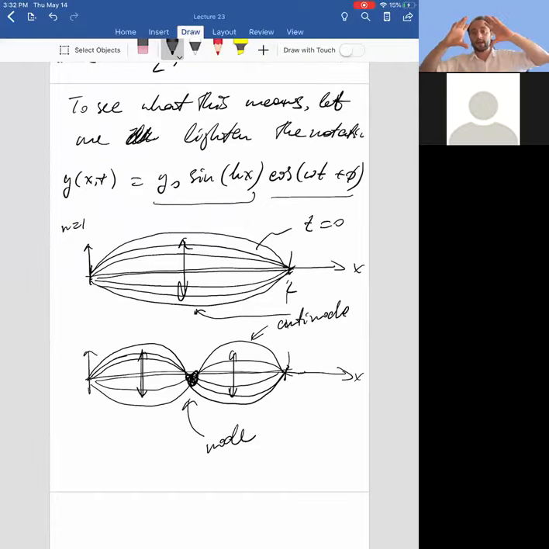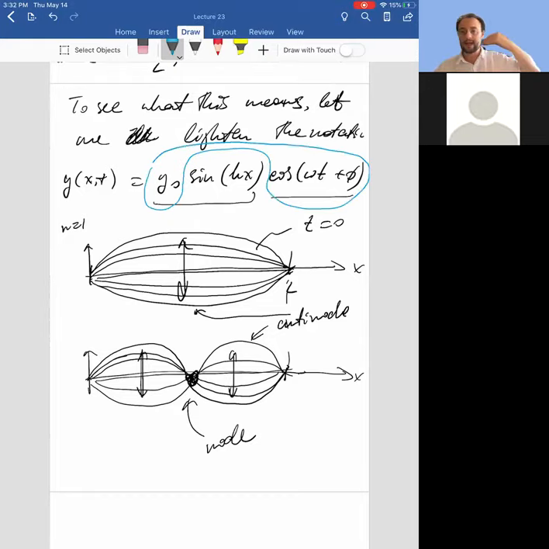So the shape of the mode stays the same as advertised, but you can think of this as a time-dependent amplitude. Okay, so time-dependent amplitude. So there will be a moment in time when the whole thing is just collapsed, and then it will breathe again, and then it collapses and breathes again. So that's what it is. So that's the visualization of what this mode represents.